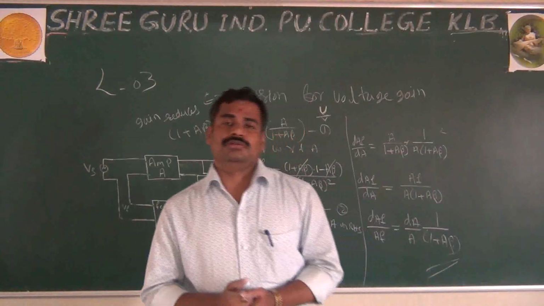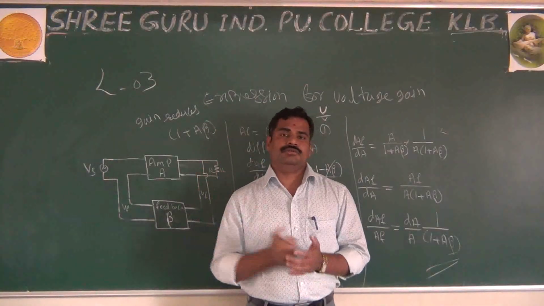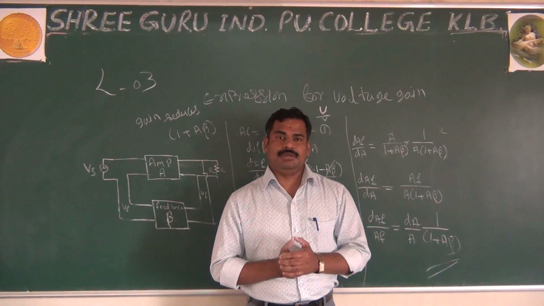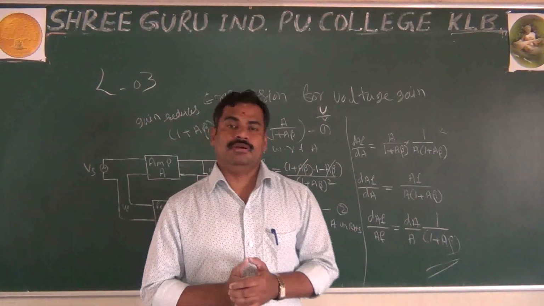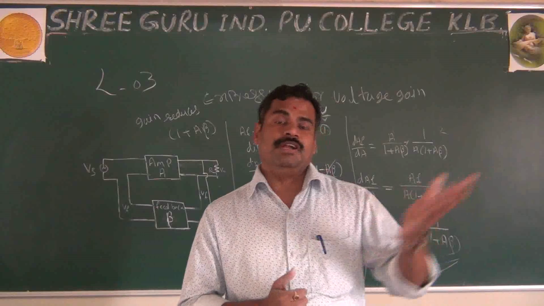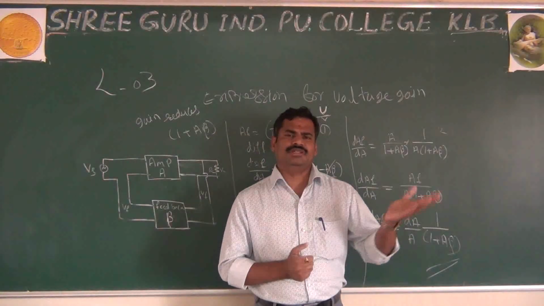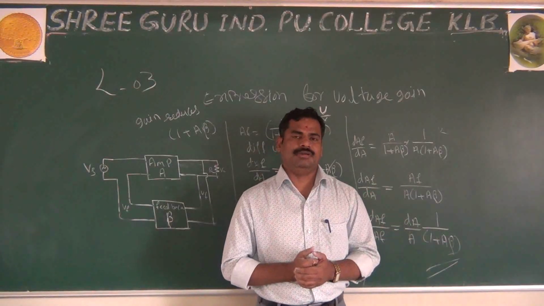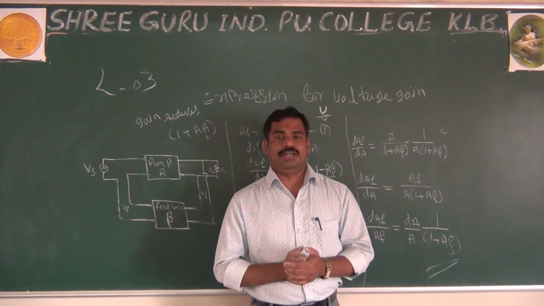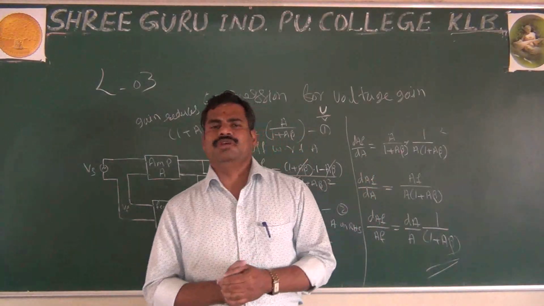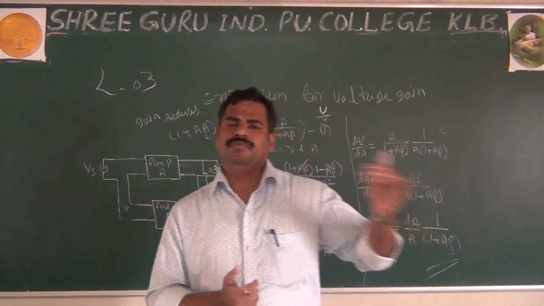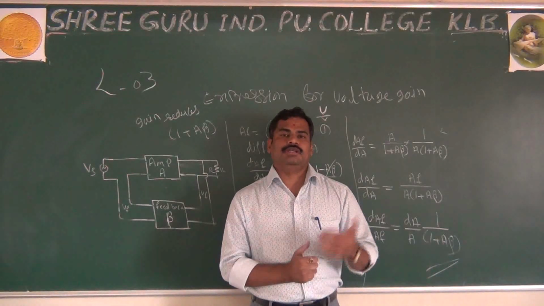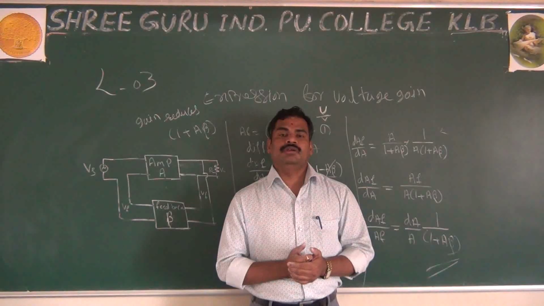Why are you giving more importance to negative feedback? Because, as I said, the gain is stable. The important thing is the gain is stable, and also the gain depends only on beta, and beta depends upon your passive components. That's why the gain is stable. Another, if you go for the derivation mathematically, you can prove that if you are using negative feedback, we have very small variation in the gain. That small variation is not considered. We consider the gain is stable. It means if you use negative feedback in your amplifiers, no doubt you will get a stable gain.